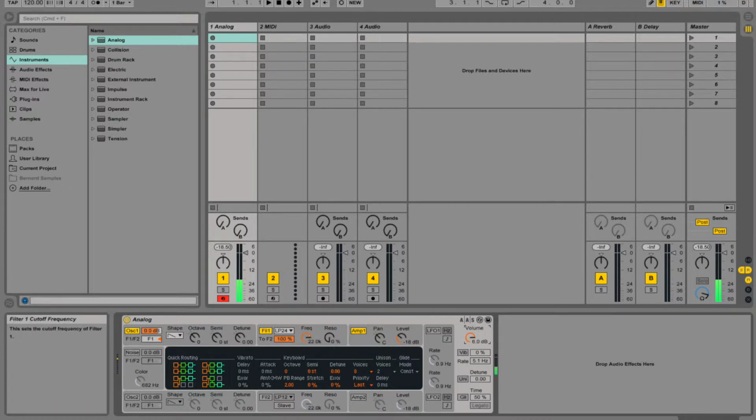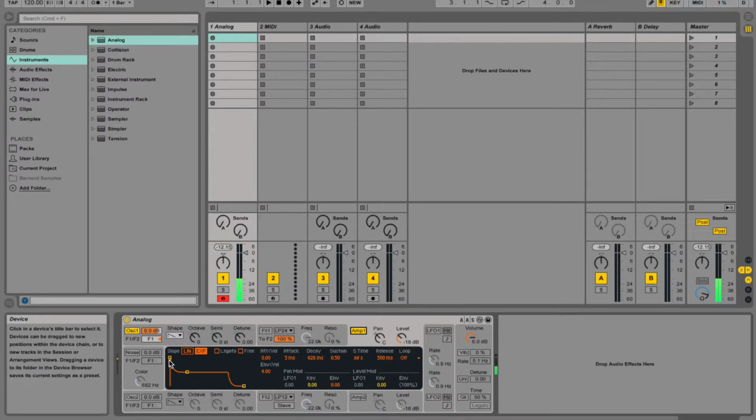I've just turned off the second oscillator, so I'm just going to make just the basic oscillator sound, so we can start with a basic oscillator. And we can start there. I can explain a bit about that, and then we can move on. I'm just getting rid of the